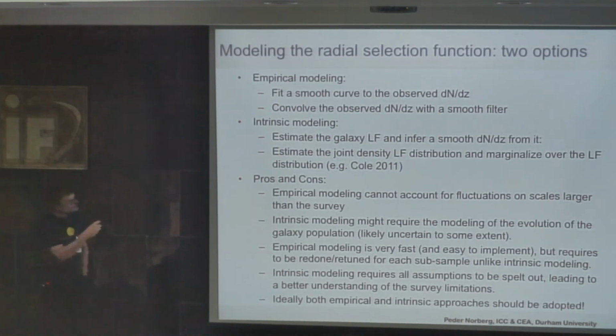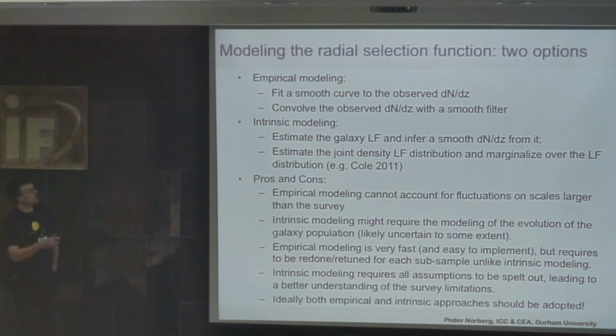So in these two plots, redshift distributions, and this is my last slide on this before we go into intrinsic properties, I'm gonna stop here today with the empirical stuff. And it's the modeling of the radial selection functions. And that's critical in creating a survey that you can actually analyze. Because your survey is flux limited, you need to understand what the probability is to observe an object as function of redshift. So there's two ways.